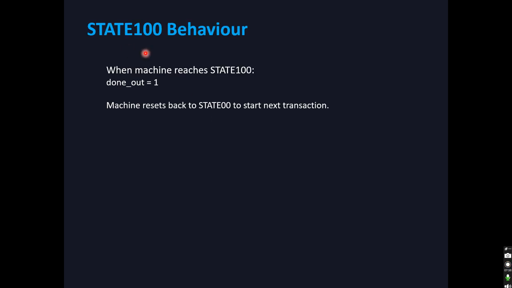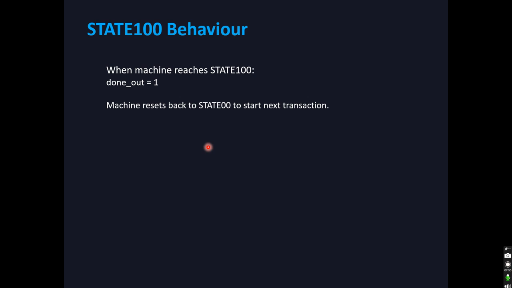So right now we are in 100 paise. 100 paise is 1 rupee state. So that output should go high, and the machine resets to state 0, 0 again. So right now we are in what state? State 100, 100. If you give whatever input again, that should go to the reset state,